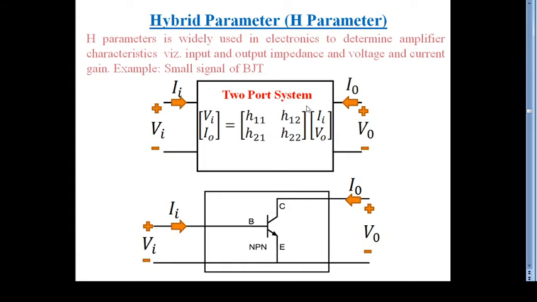You have to know this matrix form. It comes from electrical network theory. The H parameter is characterized as a function of input voltage, output current, input current, output voltage. I am emphasizing this because if you know it, then we can derive things very simply. This is the H parameter model using a bipolar junction transistor.